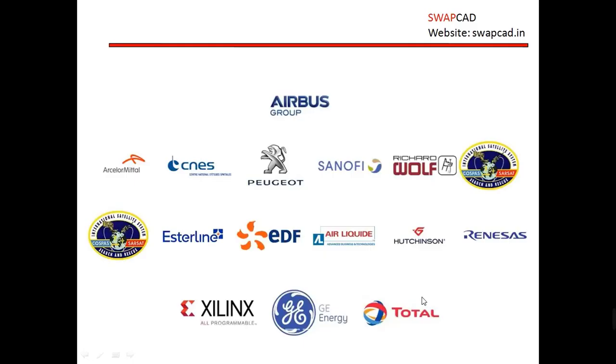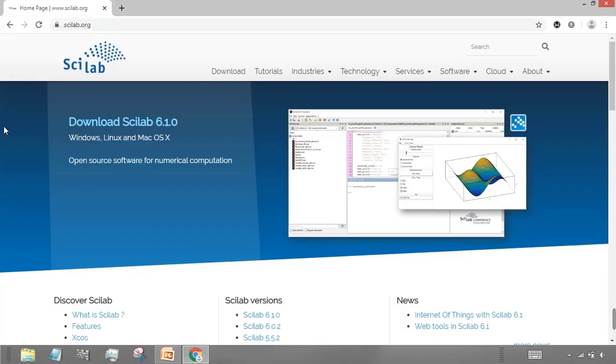So we will just go to the website. This is the website scilab.org, where we will get all the required information for Scilab. Over here you can download the software. It's open source software, so you don't need to pay anything for this. Whereas if you go for MATLAB, it provides you something like a 30-day trial version, and after that you have to buy it. Scilab is completely free and open source. If you are a developer, you can also create and add code of your own to it. It's best for numerical computation.